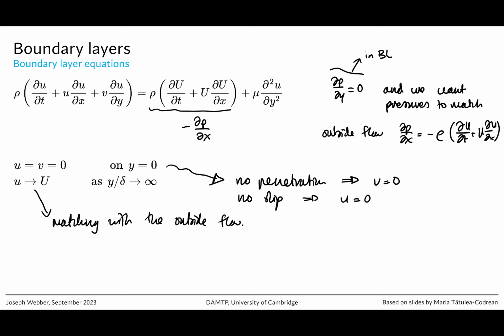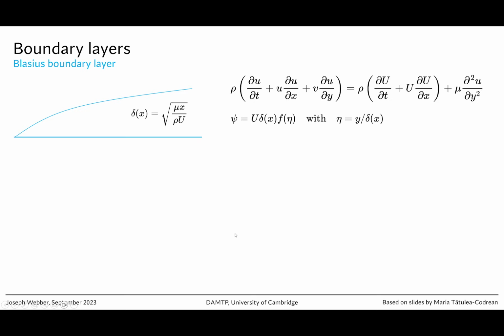So great, we've derived some general boundary layer equations. Now can we apply these to a certain problem? And the classical problem, which was first solved by Blasius, is just the boundary layer over a flat plate. Now we've got an outside velocity U, which is just a constant in this case, blowing over a plate where, so this is x, this is y, the only length scale